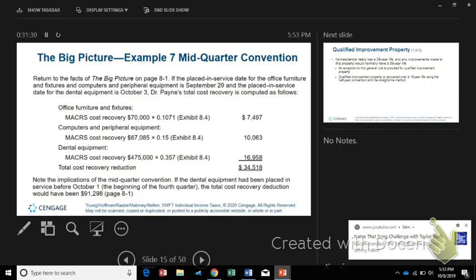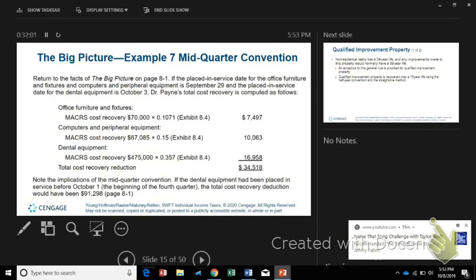And that's 77,881. Add that all up and we get 91,298. All right, if I remember correctly, that's the number that we had on the slide at the very beginning. 91,298. All right, so that is how he did it. He did his half-year convention. Now let's do it